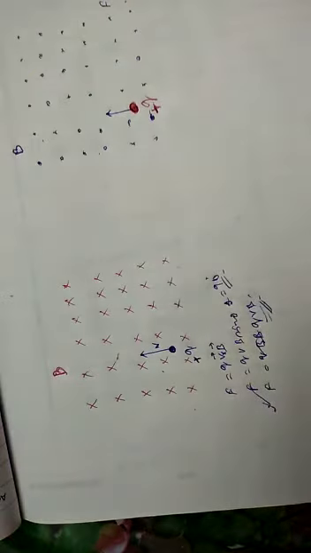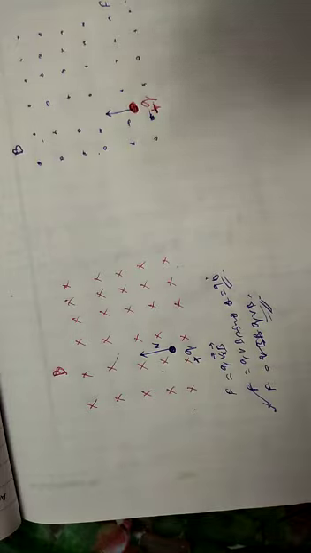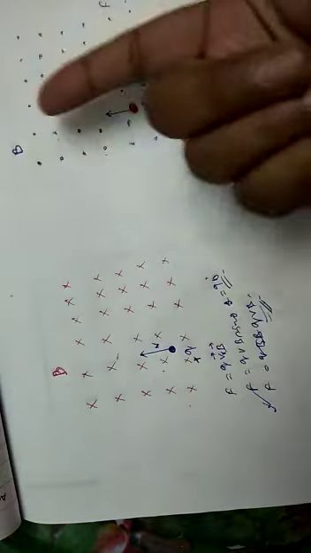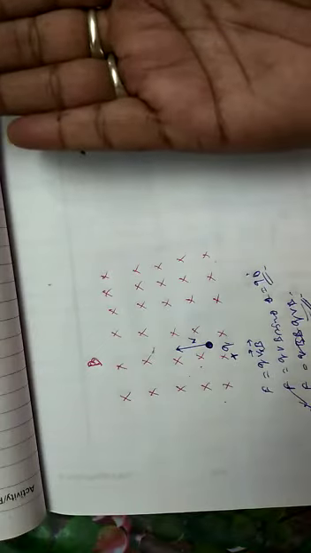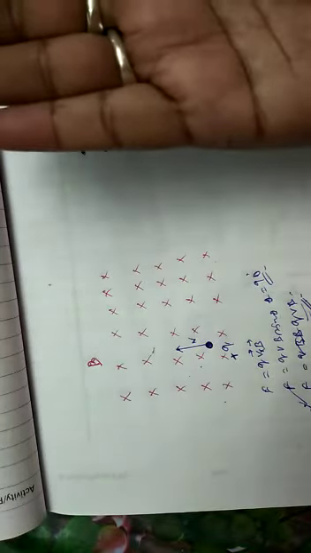This is the magnetic force, and for that we use the right hand palm rule. So in the palm rule, your palm is in the direction of the magnetic field. Here you have to put your palm in this direction, and here you have to put your palm in this direction, because here the field is coming out of the plane and here the field is into the plane. So you have to put your palm here in this manner, and in this figure you have to put your palm in this manner. Only your thumb gives the direction of the force.